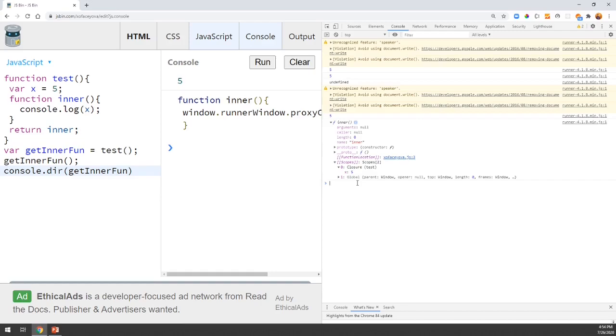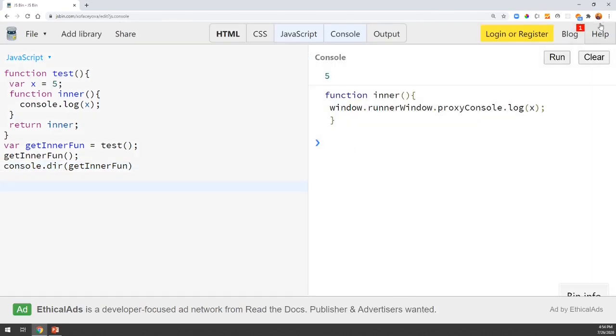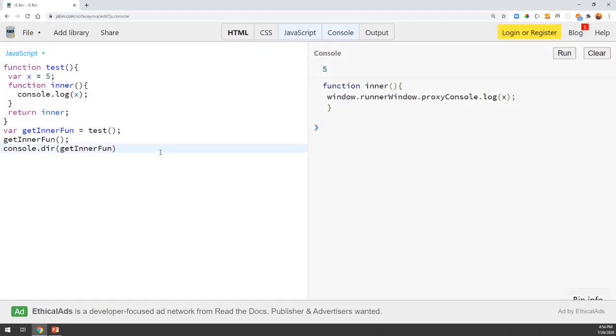So in this way every function in JavaScript has a closure, and closure is nothing but something which uses a lexical scope to get access to the outer function's variable inside the inner function, even if we return that from our outer function. So this is the actual closure. This is a basic example of closure.